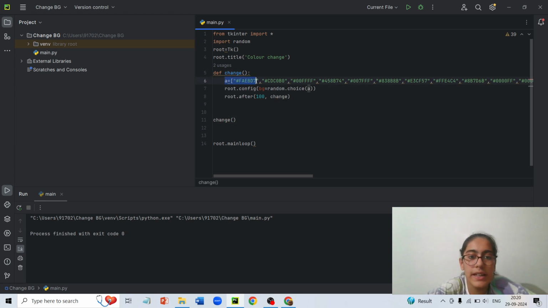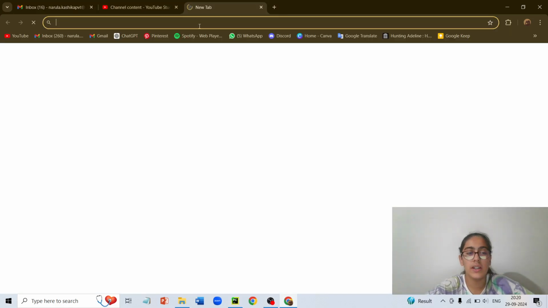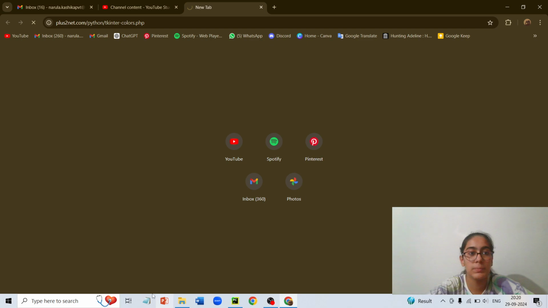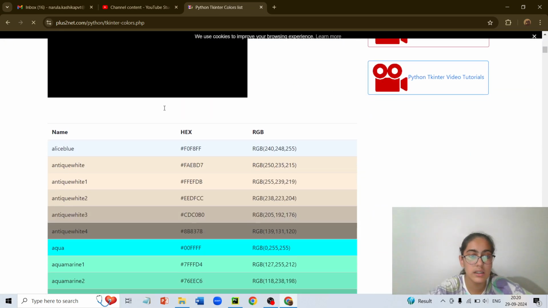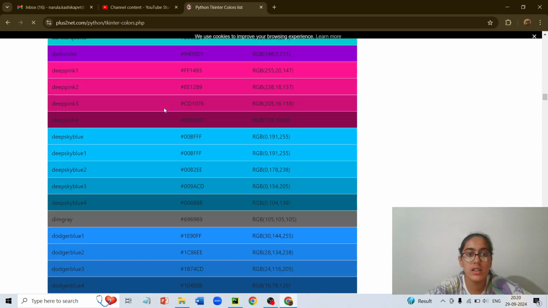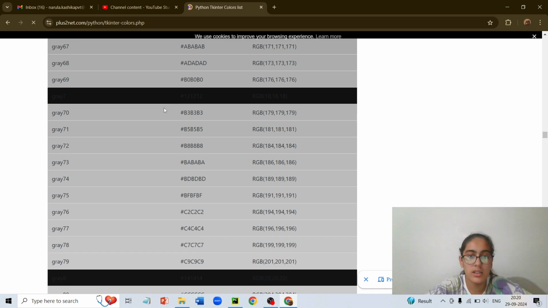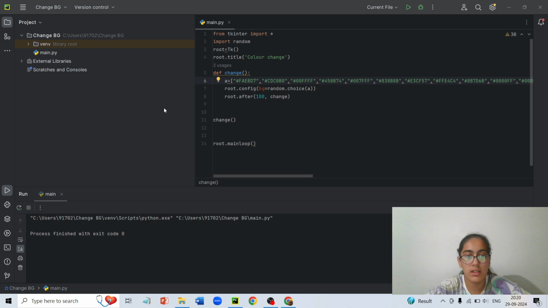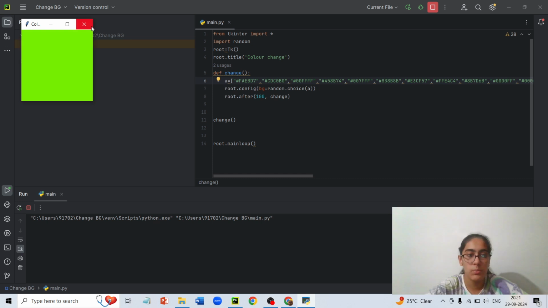First, over here we have a equals to, and all these are simply colors which I have taken on my own from a website which I'll show you. So here we open and we search for Python tkinter color list, and as you can see I have various colors over here. From all these colors I took out a few of my favorite ones, and here we are. When I run, all these are the different types of colors which are exhibited over here. I just copied all of them and put them here.